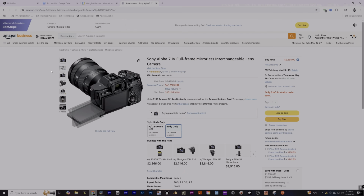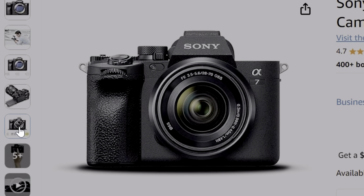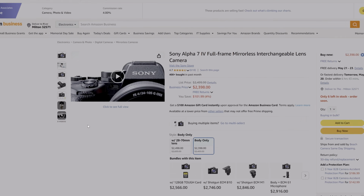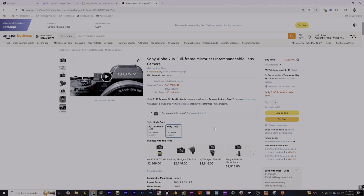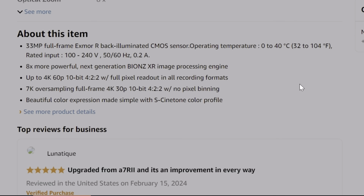The Canon R50V is perfect for the beginner filmmaker, but if you are a more involved cinematographer looking to really take a step forward with your professional abilities, you need to look into the Sony A7IV. The Sony A7IV is a beast. It can record ProRes 422 10-bit color at S-Log, or S-Log3 is what I use, and S-Log3 has become one of my favorite picture profiles. Now, the Sony A7IV has a 34 megapixel full frame sensor that can also shoot 4K 60. The 4K 60 is cropped, just like the Canon. However, it produces